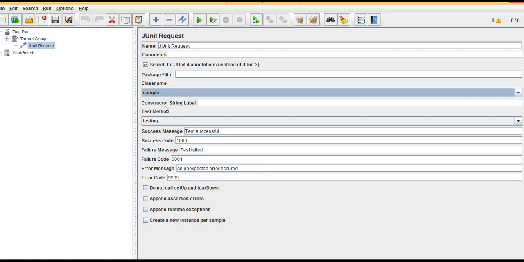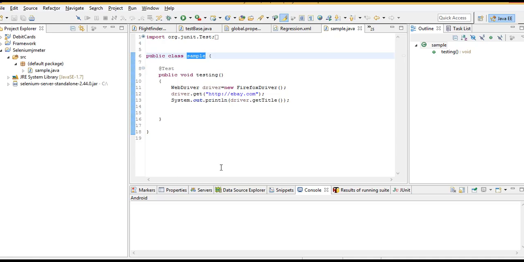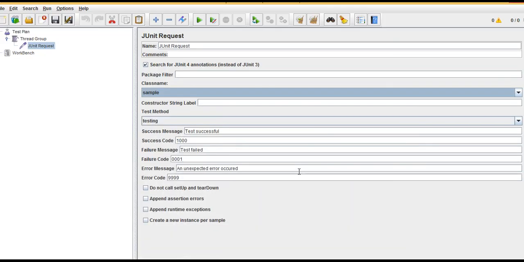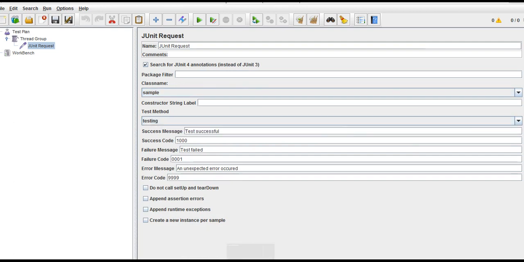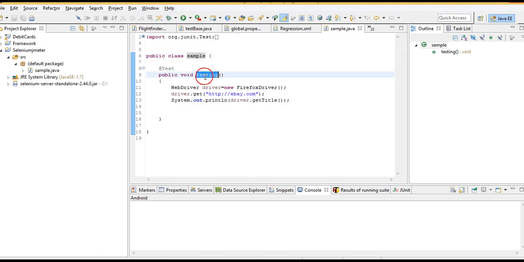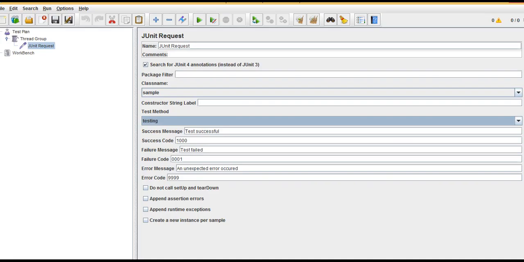Once you select sample, if there are multiple methods, it asks you which test to execute. Here we have only testing, so this is the test method. Fine, right? And there are success message, test successful, and different kinds of parameters, like what error message to give if an error occurs.